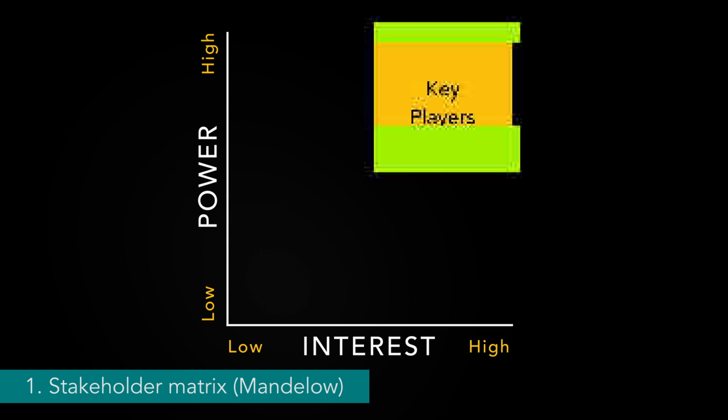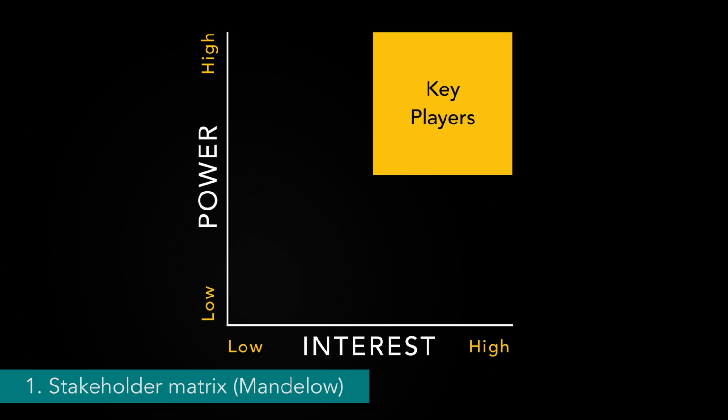Number 1, high power, high interest stakeholders who are the most important because they really can make or break things and they care deeply about what you're doing. So you'll need to engage with them deeply, keep them informed at all times, and make sure that their needs and expectations are met. In practical terms, this means open and regular communication, including updates, and you really want to over-communicate with this group. It also means getting to understand and be super clear on their feedback, especially their concerns, and make sure that they are addressed in a way that is clear to them that you've taken their views on board.